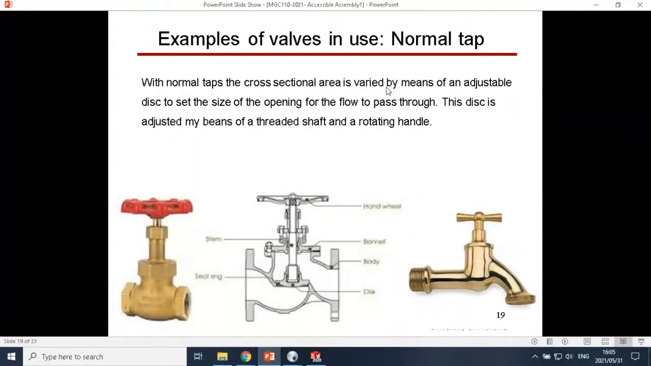Okay, so with normal taps, the cross-sectional area is varied by means of an adjustable disc to set the size of the opening for the flow to pass through. The disc is adjusted by means of a threaded shaft with a rotating handle. Basically the same way a normal tap works. Usually on that disc there's a non-metallic part, either plastic or rubber, because the rubber seals better than metal on metal. Which is a bit of a dodgy statement because gas bottles have metal on metal, but that's because gases also don't have all kinds of foreign